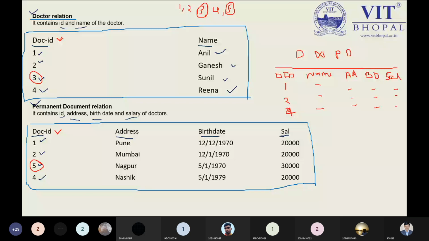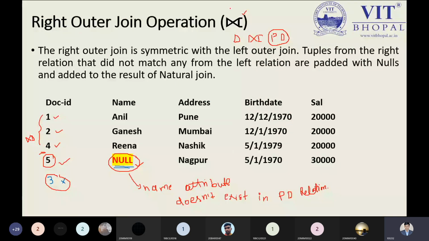That was my point. Now you are observing. That's why I have crossed this out; 3 is not available here. Yes, sir. So that was the drawback, the loss of information while applying the left and right outer join. To overcome such a problem, we have the full outer join, which is meant to keep all the information. By applying the join operation on our two tables, all the information must be kept. If we are missing some information, how do we prevent that? We have to apply the full outer join.